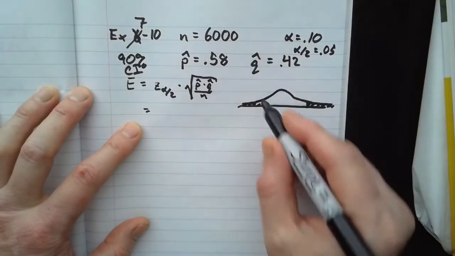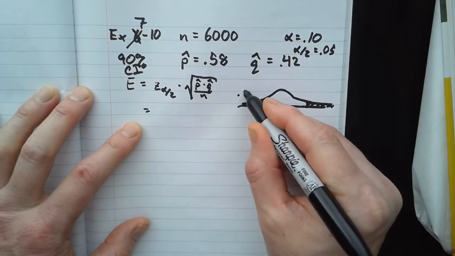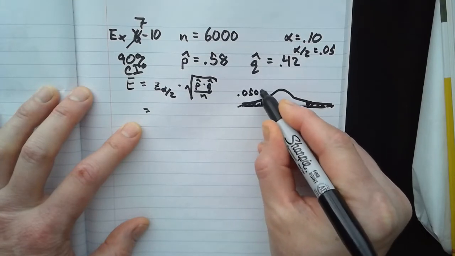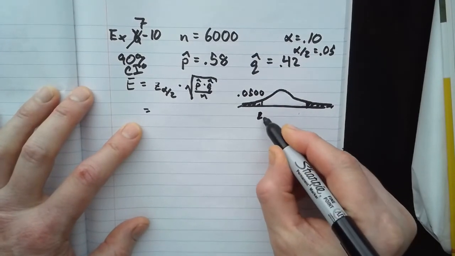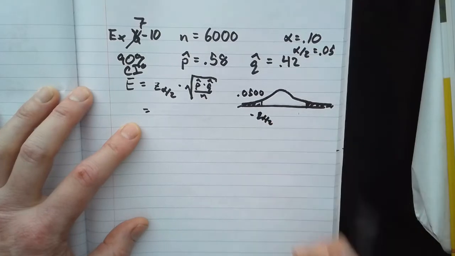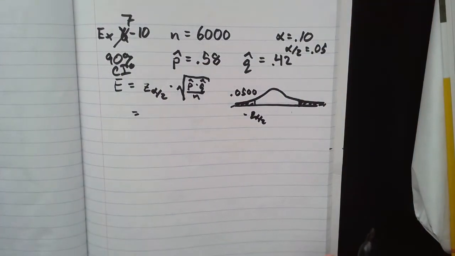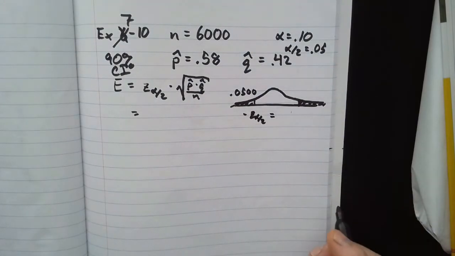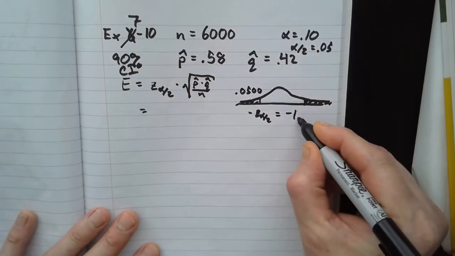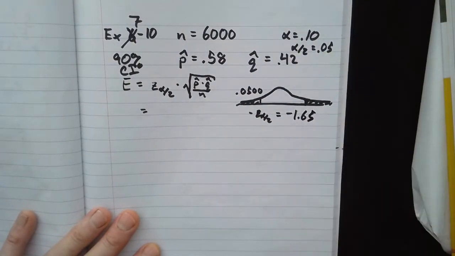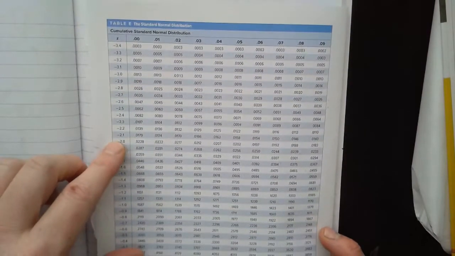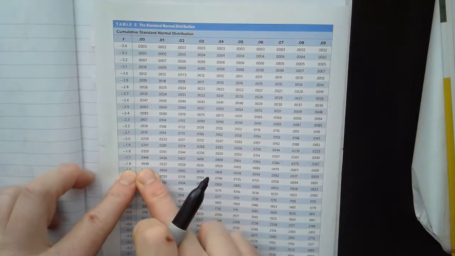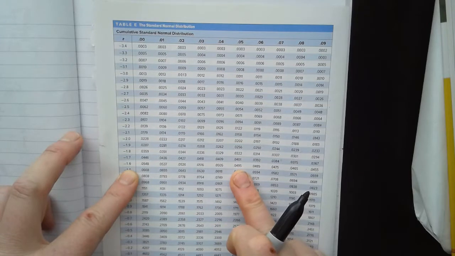Okay, we'll keep coming back to these very familiar values for z subscript alpha over 2 and negative z subscript alpha over 2. Our critical z values are going to be very frequent ones. In fact, I'm just going to show off, and I remember this one is negative 1.65. Let's just pause and double check. Let's see, negative 1.6, if you can see that, slide over to 5, and there it is.